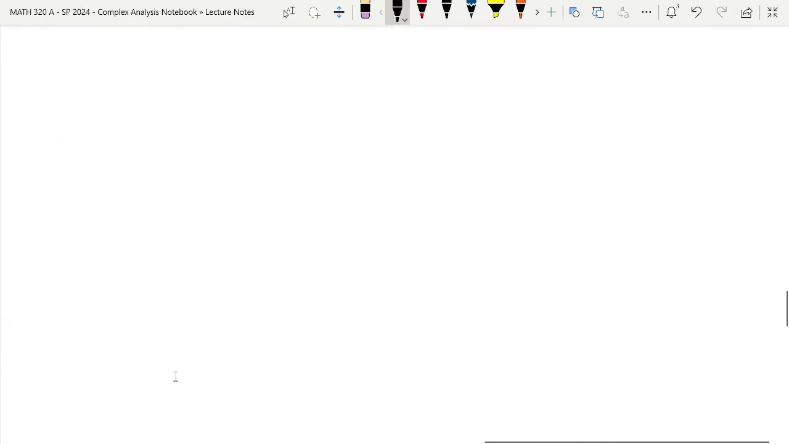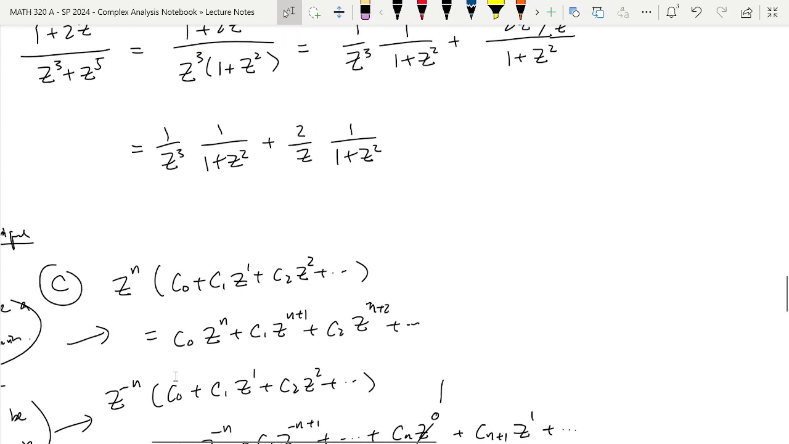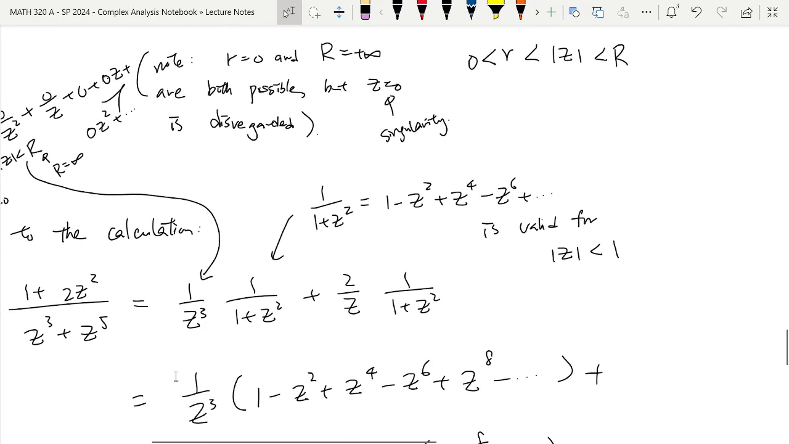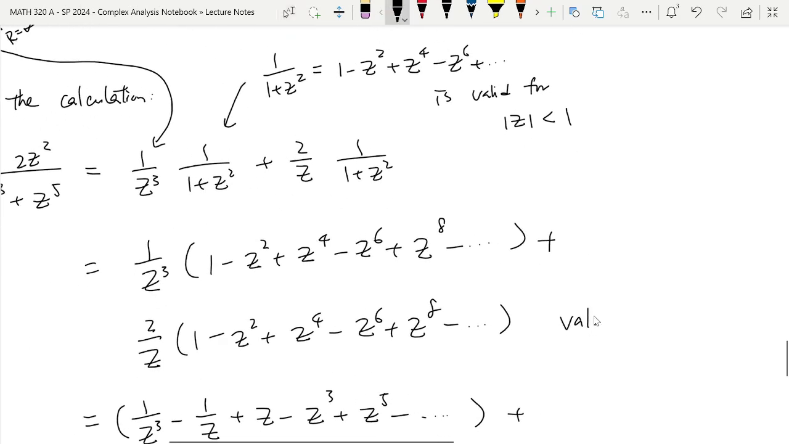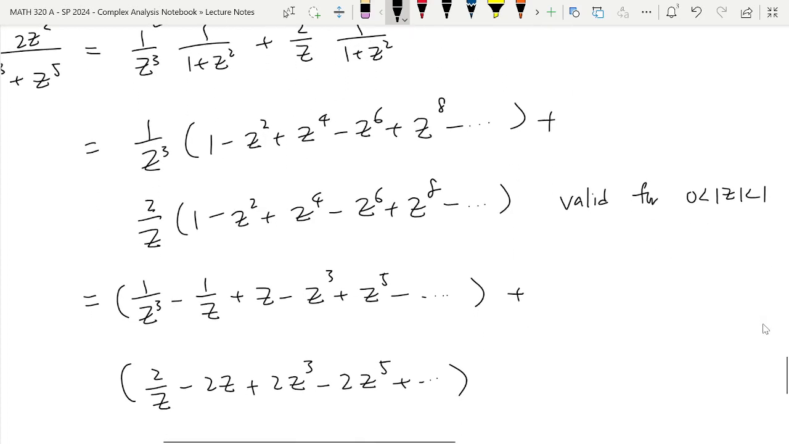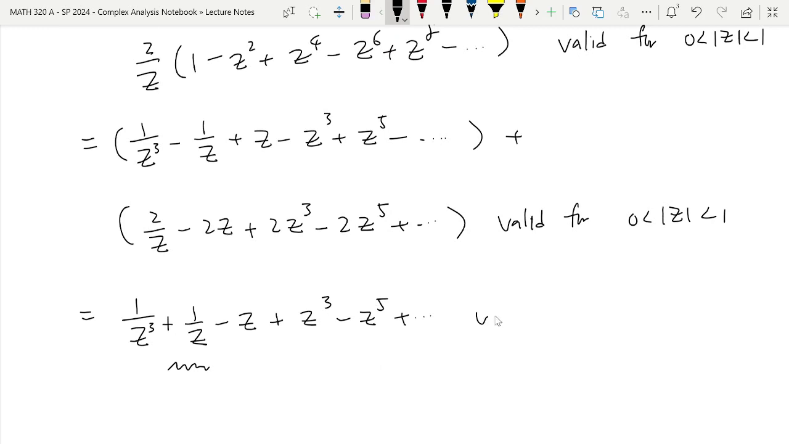So once you have that, you need to superimpose the two restrictions. Once you do the two restrictions, this is going to be valid for 0 less than the modulus of z less than 1. And the implication of this is that